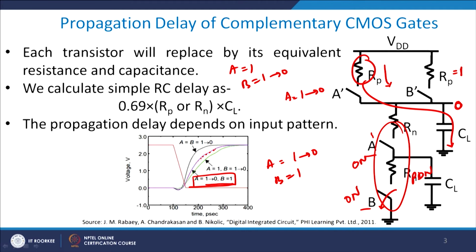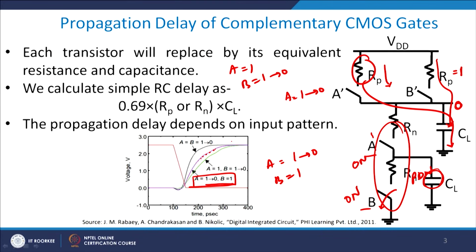So, this is opened, and you again have a path available to you. From here it is getting grounded. But please understand, in the previous case when A was going from 1 to 0, the intermediate capacitance here did not have a path to discharge, and therefore you did not have to discharge that path, and therefore the violet one was moving faster. Whereas in this case you have to discharge both this CL as well as this CL, and as a result the time taken will be larger, right.